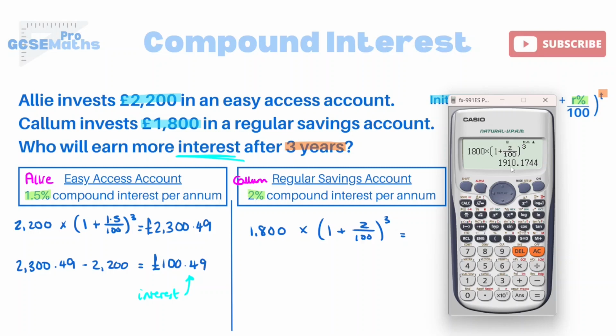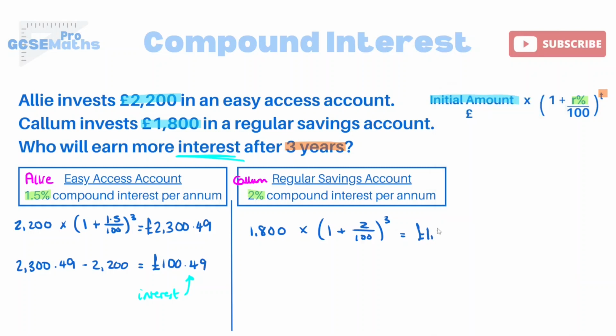We get £1,910.17. Okay, again we want to compare for the interest, so I'm going to take the value of his account after 3 years, which is the 1,900 number, minus the initial amount, which was 1,800,